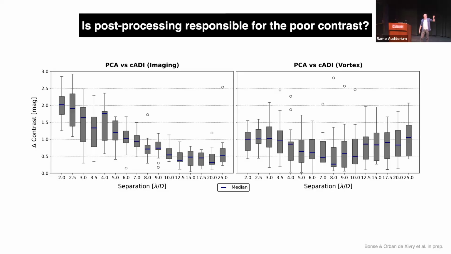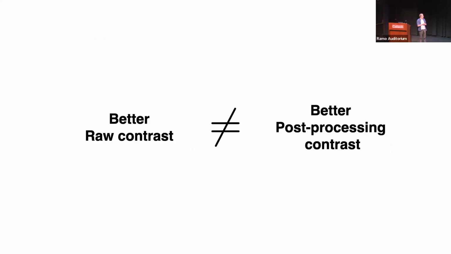And this gives rise to some changes of the speckle statistics, because PCA is modeling covariances in the data, which maybe are not so easily graspable in the vortex data. So in the end, PCA has really a hard time dealing with the vortex data, which leads to this difference in performance. Okay, and also I think a really big lesson learned from this is